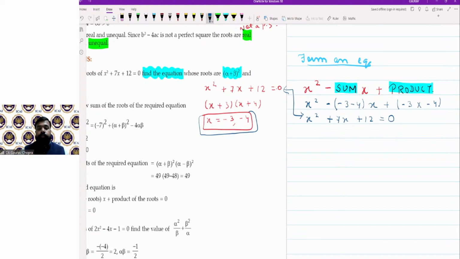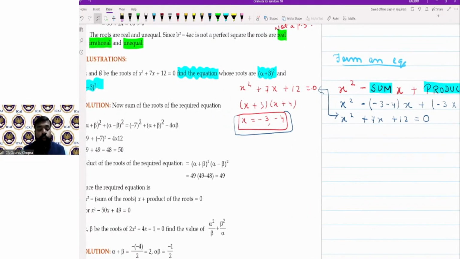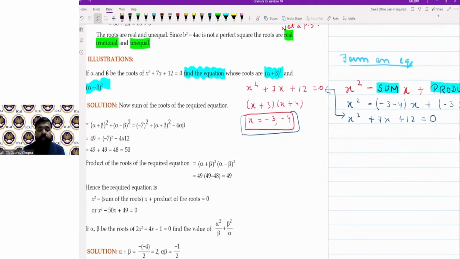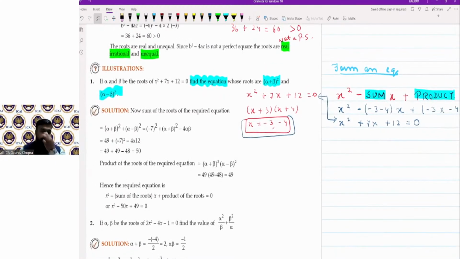Okay. So in this way, we can form the equation. But here in the given question, we have to find out the equation whose roots are alpha plus beta whole square and alpha minus beta whole square. This we require. So what we have to do,